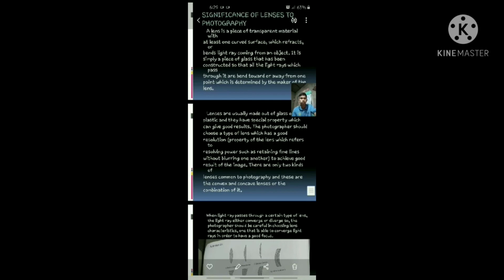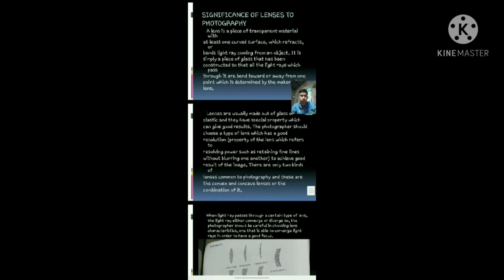A lens is a piece of transparent material with at least one curved surface which refracts or bends light rays coming from an object. It is simply a piece of glass that has been constructed so that all the light rays which pass through it are bent toward or away from one point, which is determined by the maker of the lens. Lenses are usually made of glass or plastic, and they have a special property which